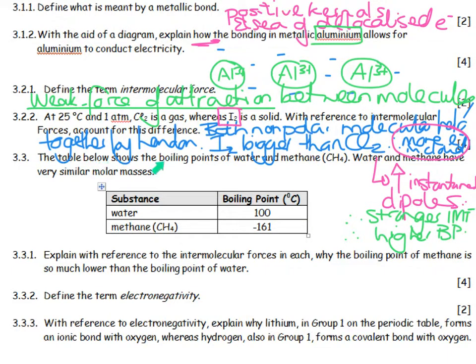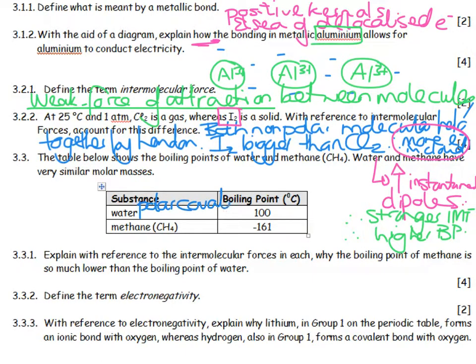The table below shows the boiling points of water and methane. Water and methane have very similar molar masses. So water is H2O, so it's about 18, and methane is 12 plus 4, which is going to be 16. So they really are similar. They should seem very similar. But explain with reference to their intermolecular forces why the boiling point of methane is so much lower than the boiling point of water. First thing is water is polar,